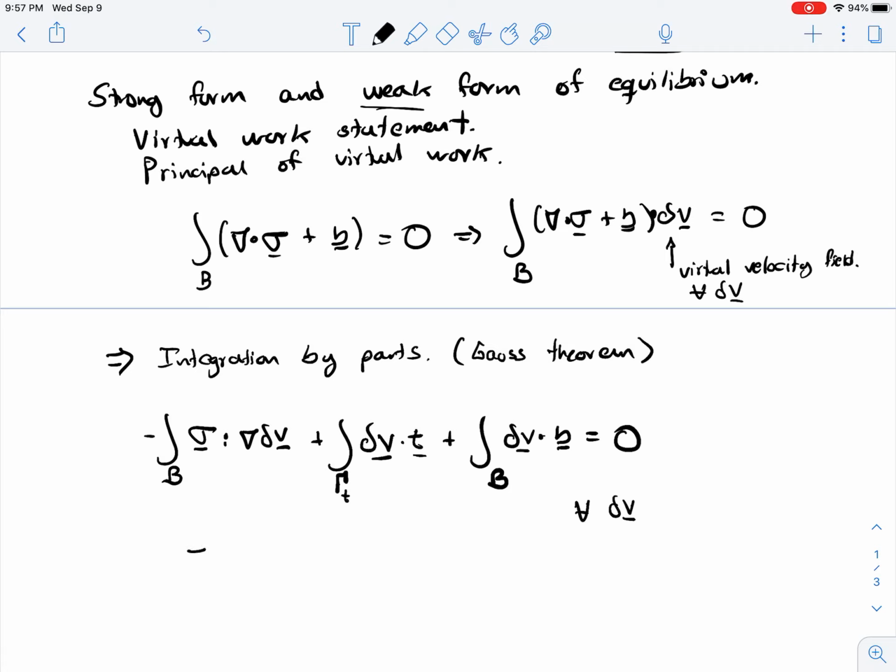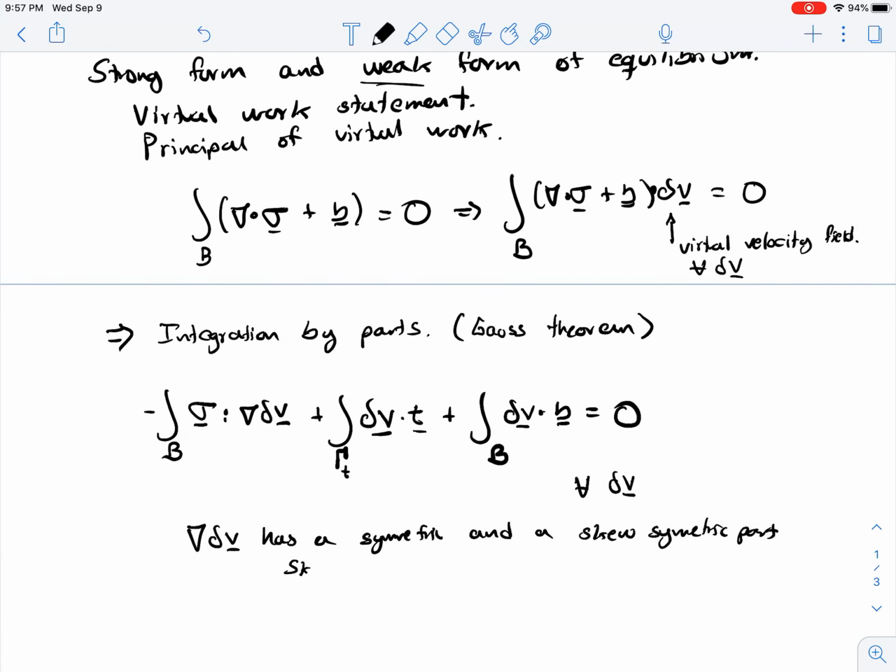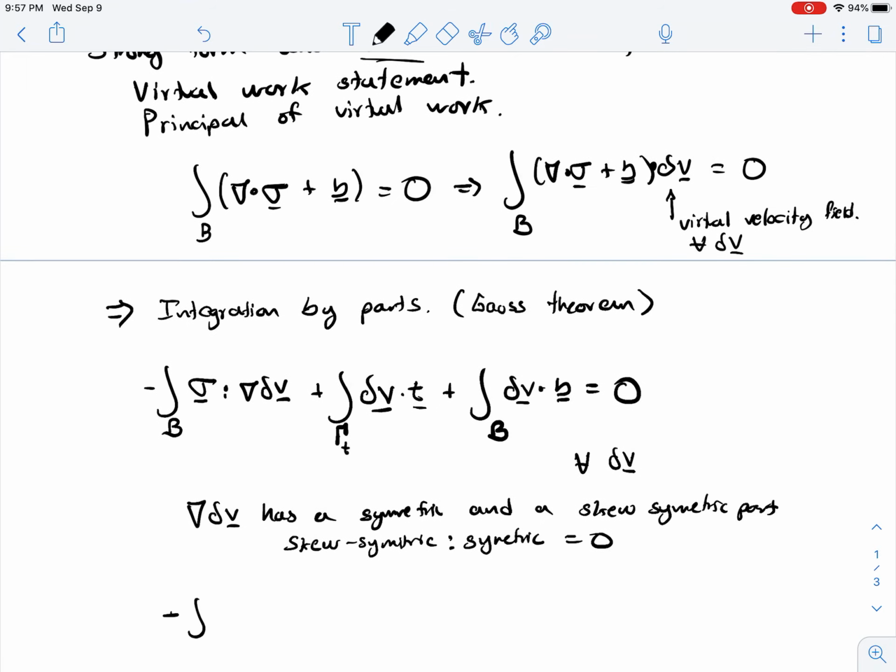So this guy has a symmetric and a skew symmetric part. And the skew symmetric part vanishes when contracted with a symmetric tensor. So skew symmetric double dotted with symmetric tensor equals 0. So then the only thing that I need is the symmetric part. And the symmetric part of the virtual velocity gradient is